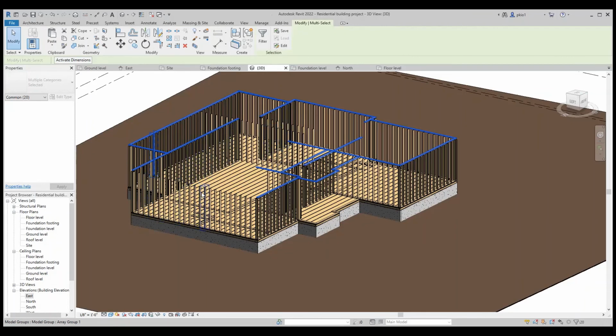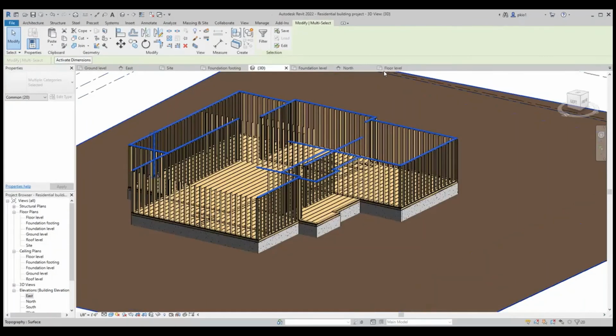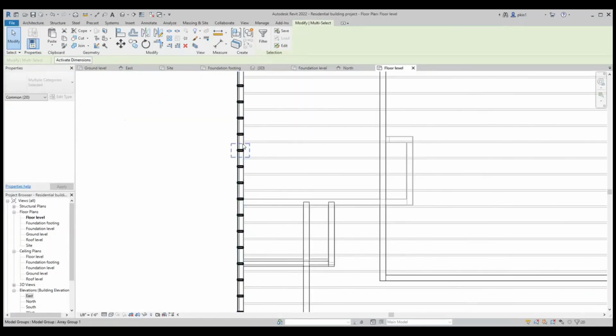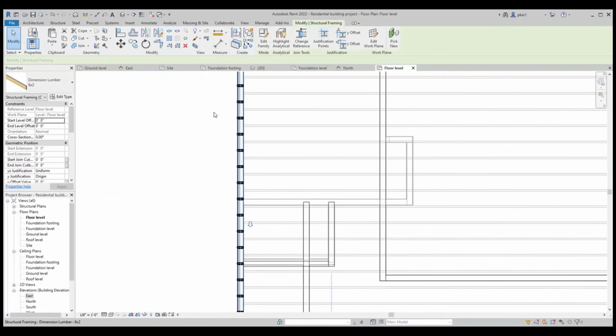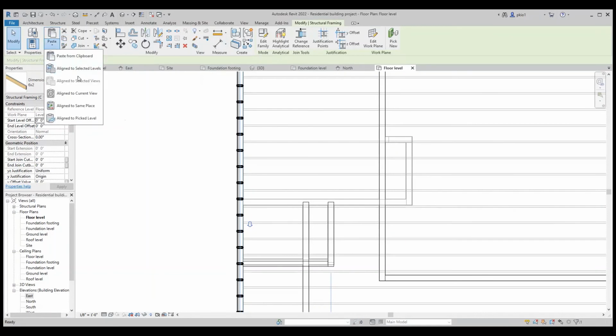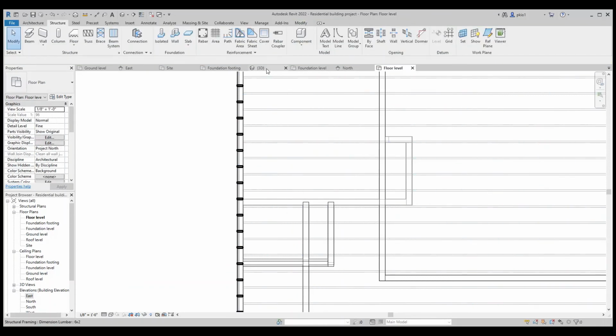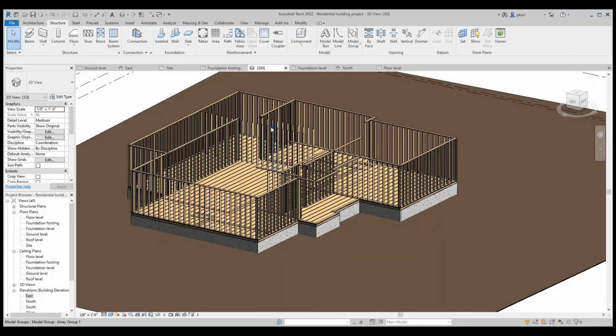I'm missing this horizontal one here. Go back to floor level. Select this. Copy to clipboard. Paste align to selected levels. Roof level. Back to 3D. It appears now.